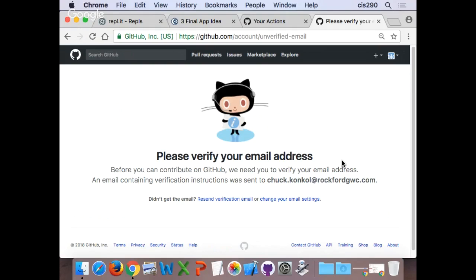So let me do that on my phone. You can do that on yours, because you have to verify your email before you can add a repo. So I'm going to verify whatever email you use to sign up. You'll need to go to that email to verify that you are who you say you are. So I'm going to do that on mine. You do that on yours.